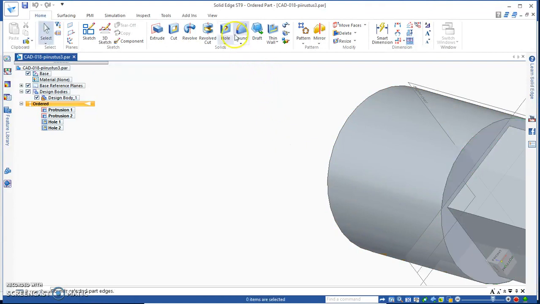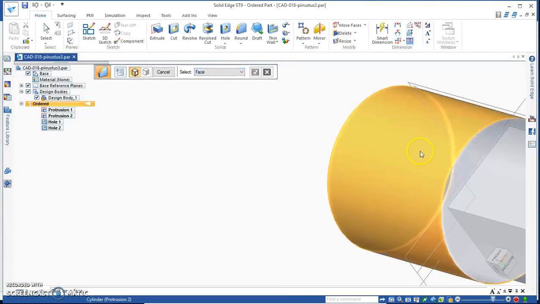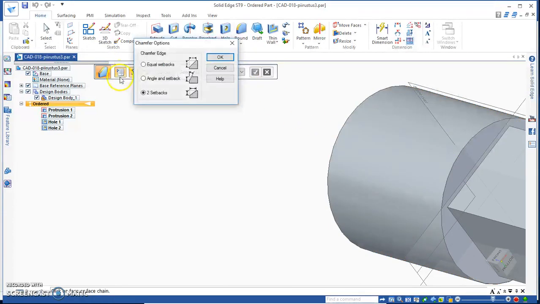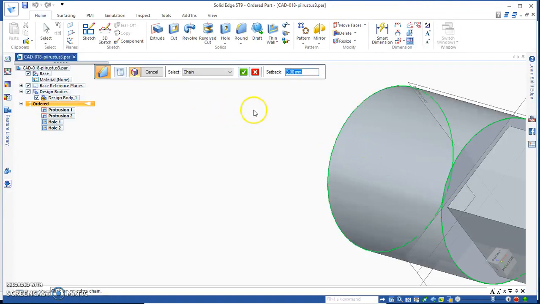Wait a minute. Oh, I have to select this one. Equal setback. Okay. So I can select edge 2 mm